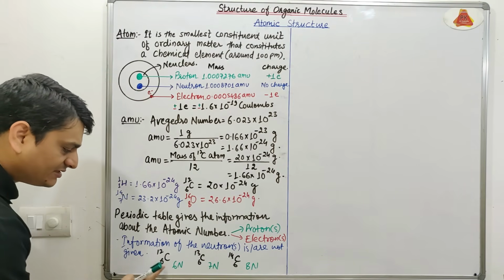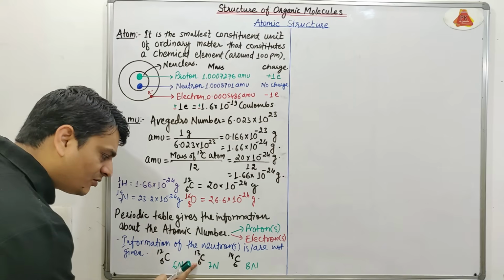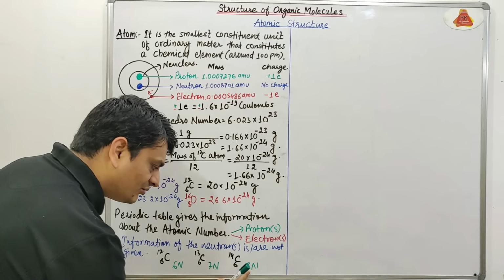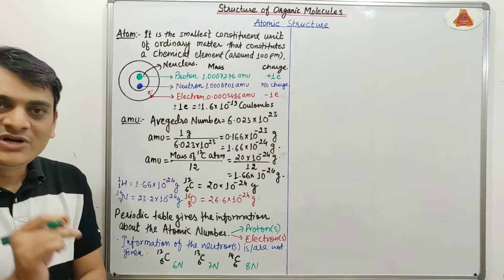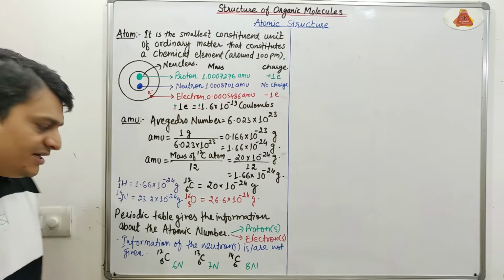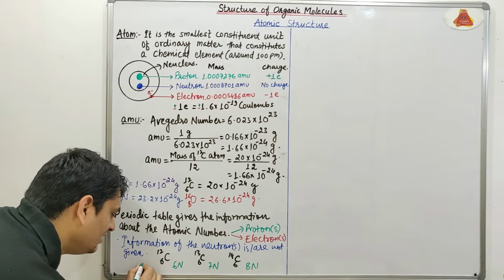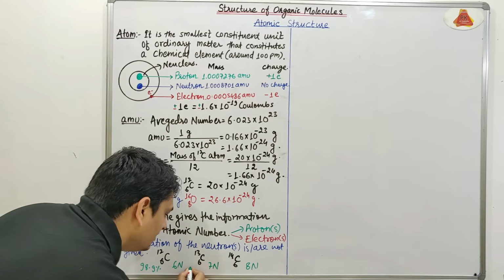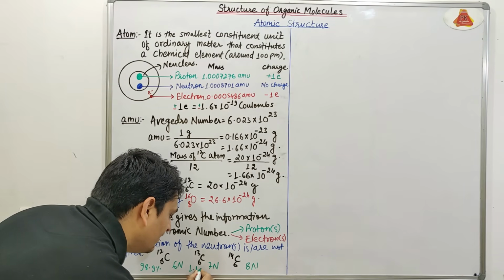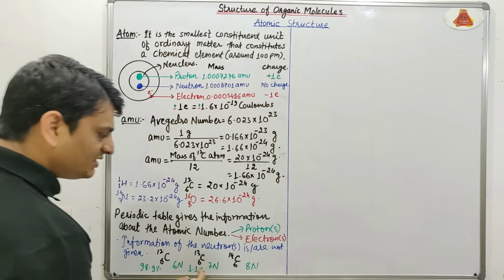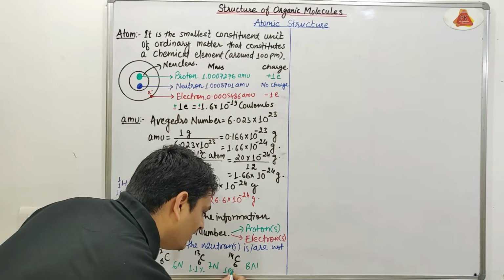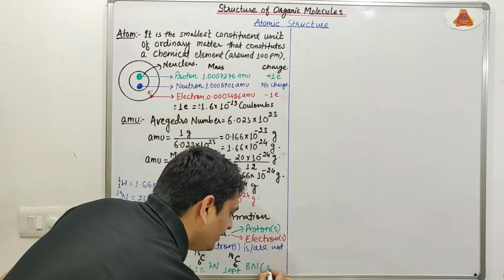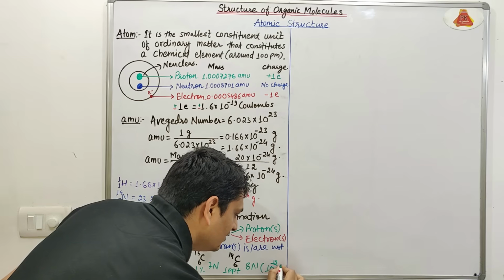So here 6 neutrons, 6 protons, total will be 12. 6 protons, 7 neutrons, total will be 13. 6 protons, 8 neutrons, total will be 14. Now coming to the natural abundance of these 3 carbon atoms. This carbon 12 will be 98.9%. This carbon 13 will be 1.1%. And if we are talking about this carbon 14, then it will be 1 part per trillion, that is 1 ppt, or we can say 10 to the power minus 12 %.